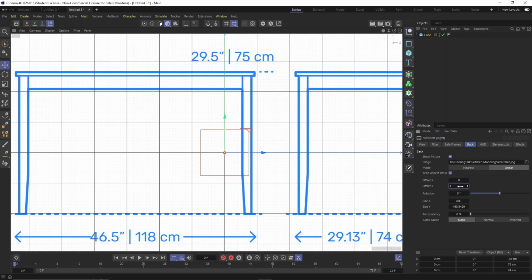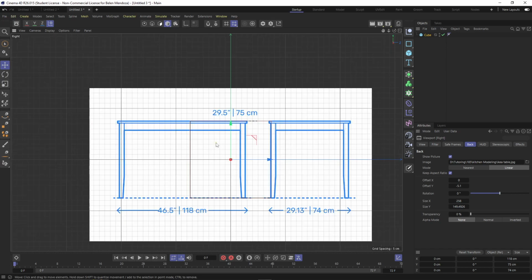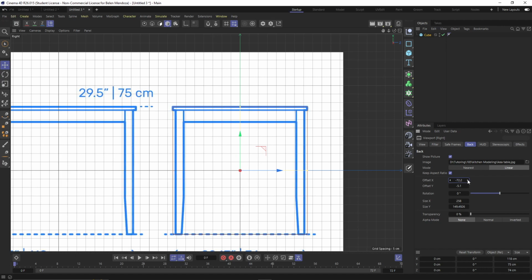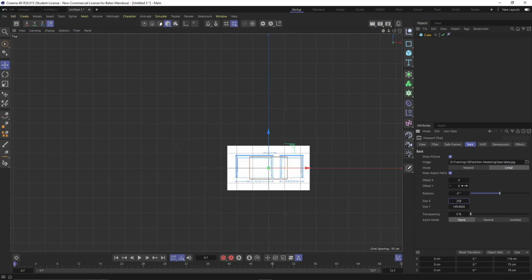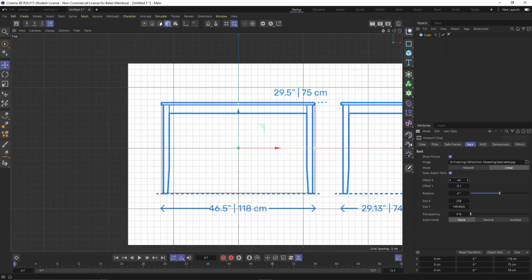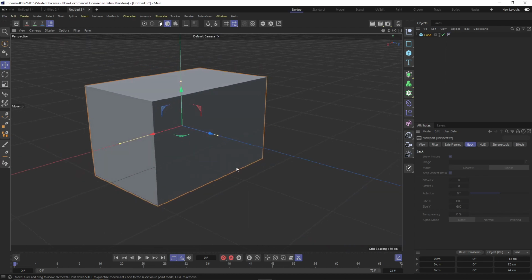So then I can go negative 5.1 and 5.1, enter, 258, enter, and then just figuring out the X offset now. And that's set. And then same for this one, 258. And I think negative 5.1 could work here as well. And the reason I want to add the table to the top view as well will make sense in a minute. So we're going to do that, and now we have our perfect cube that is the size of our